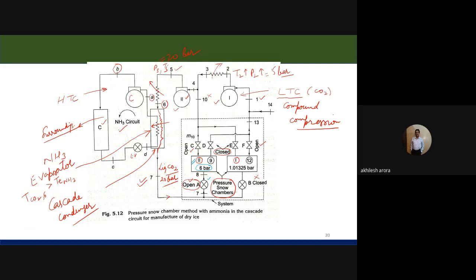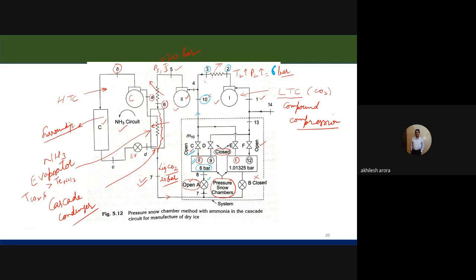Now what is happening, because this valve C is open, you can see it. Whatever vapor is here will be sucked and go to point number 10, and whatever is the vapor coming at point number 2, after losing its heat at point number 3, you can see what is the pressure here. Okay, so I can say that this pressure is 6 bar, not 5 bar. I considered it to be 5 bar. Yes, it has to be 6 bar. Okay, so this pressure is 6 bar.